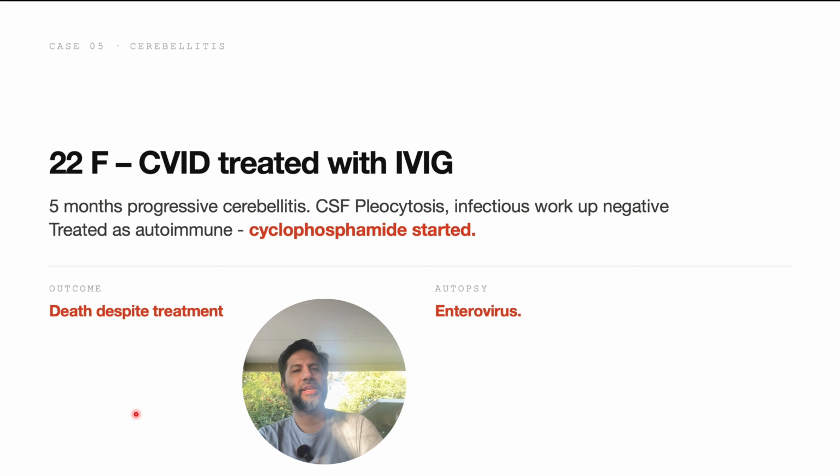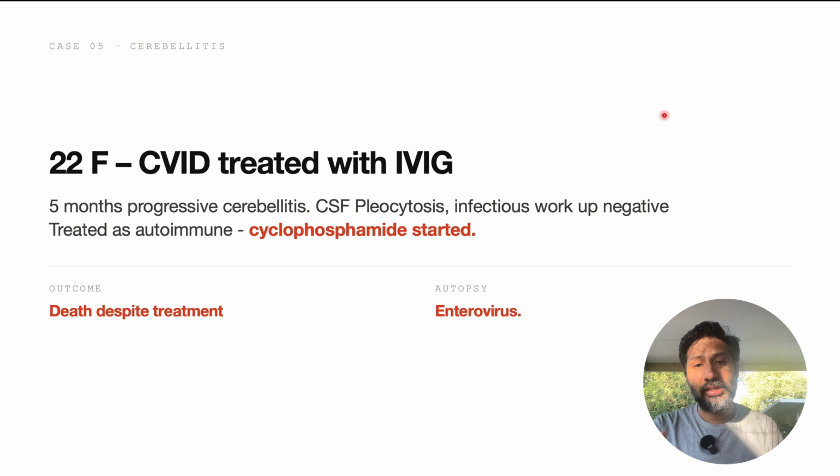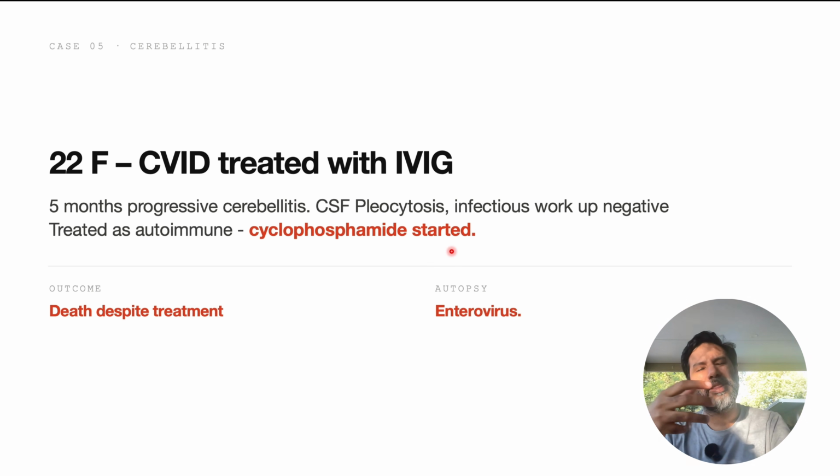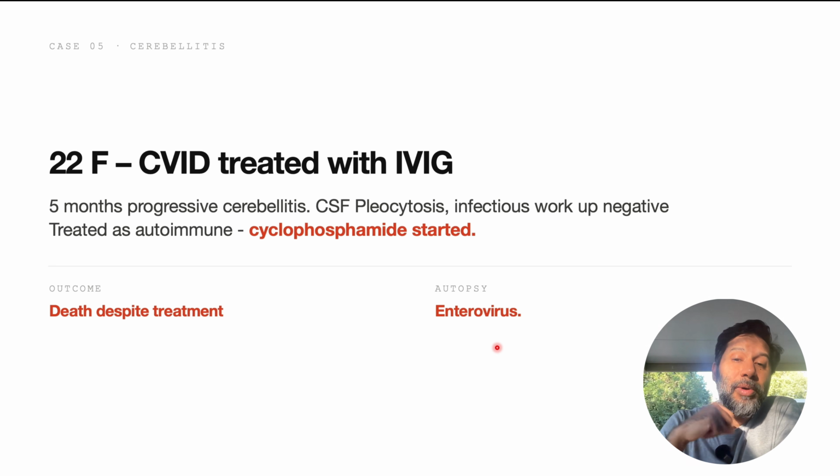Okay, last one, cerebellitis. This is a very quick one. CVID, treated with IVIG, but develops progressive cerebellitis, and they've got a CSF pleocytosis, everything infectious is worked up. These CVID patients are complex because they can have autoimmunity as well as a risk of infection. They're an immunodysregulation syndrome. Given the extensive workup and everything came back negative, cyclophosphamide was started, but the patient continued to progressively get worse and they died. And on autopsy, we find enterovirus. So remember, just because it's not in the CSF doesn't mean that it's not there, and it certainly can be in the parenchyma. In cases like this, brain biopsy might be an important aspect, especially with CVID,